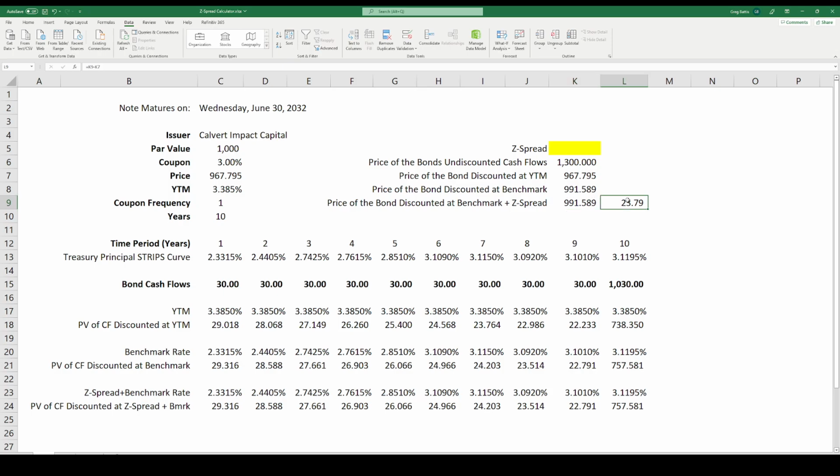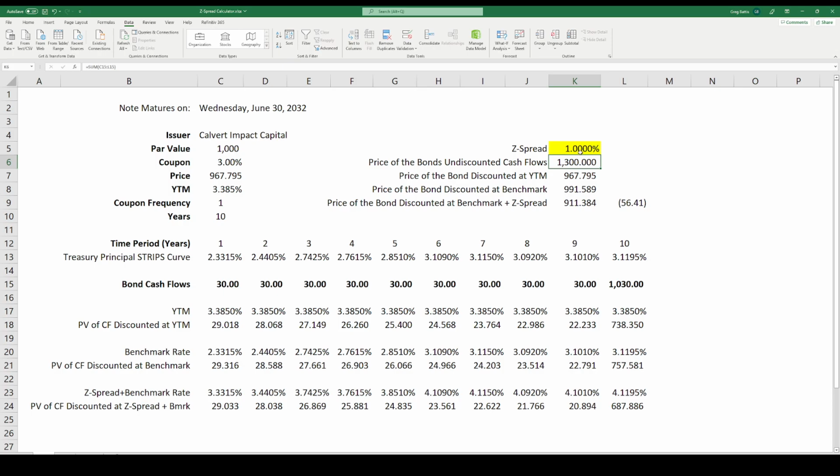So you can see here that the difference is $23.79 between the price discounted at yield to maturity and the price discounted at the benchmark plus a z-spread of 0. So we can just guess and